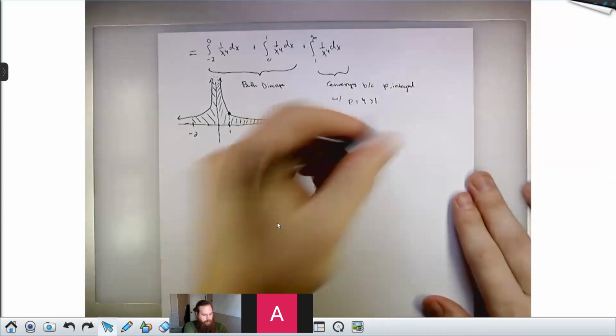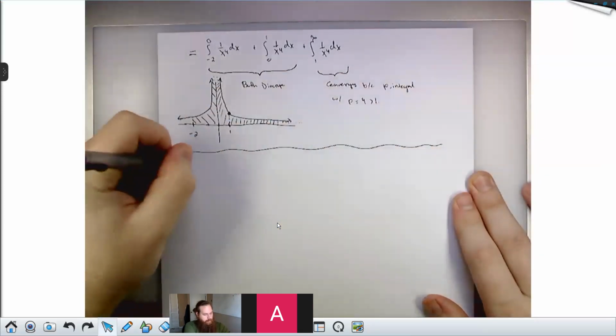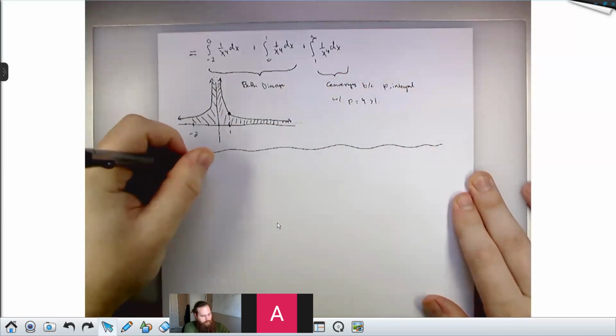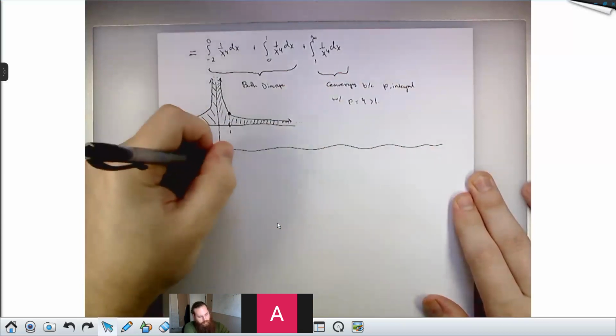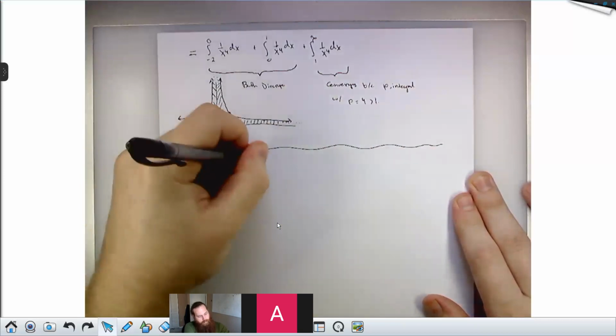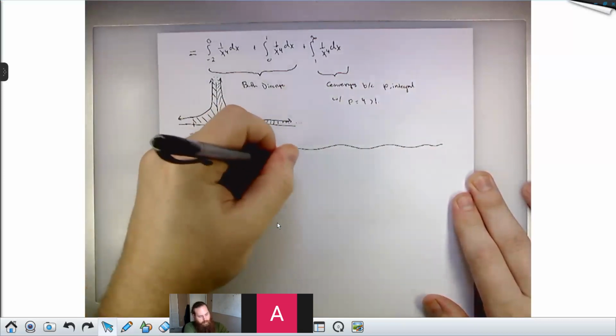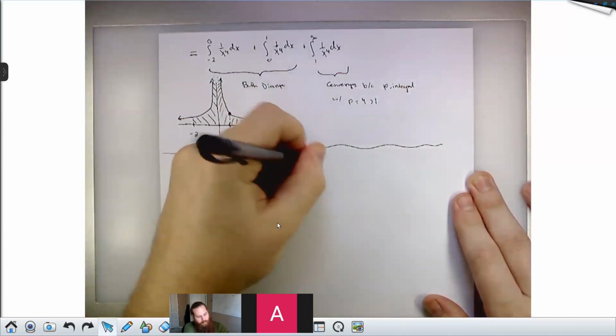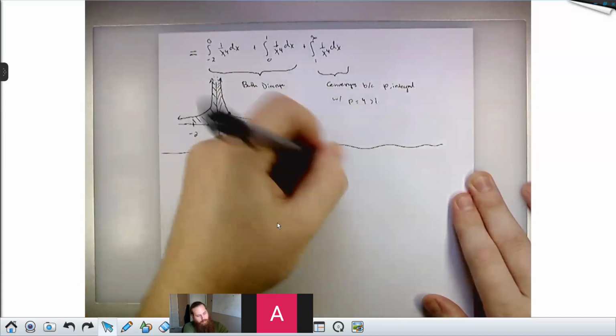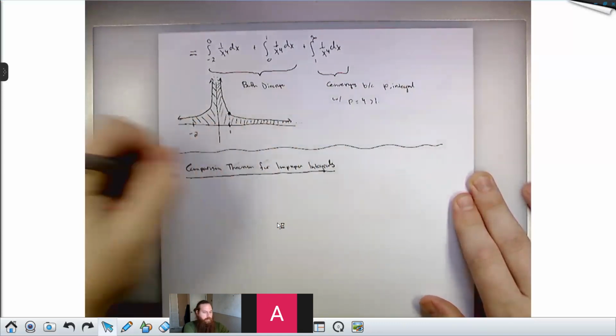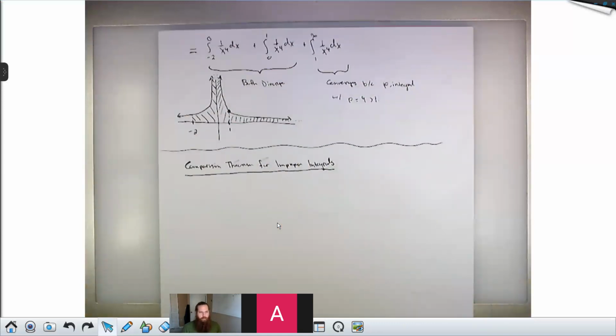Okay. I have another theorem for you. This is called the comparison theorem for improper integrals. So again, put this in your regular notes now, but then after class, go back and add this and the theorem on p integrals to your special little convergence section in your notes. These are the two main theorems from section 7.8.